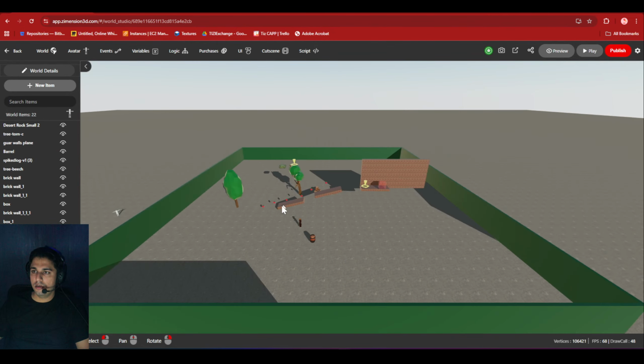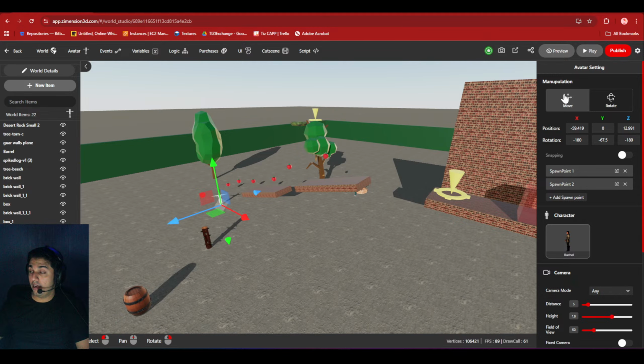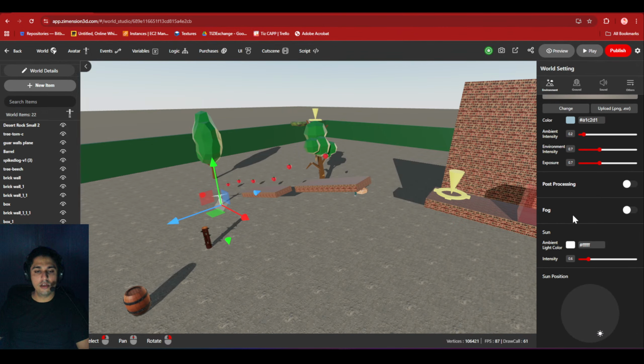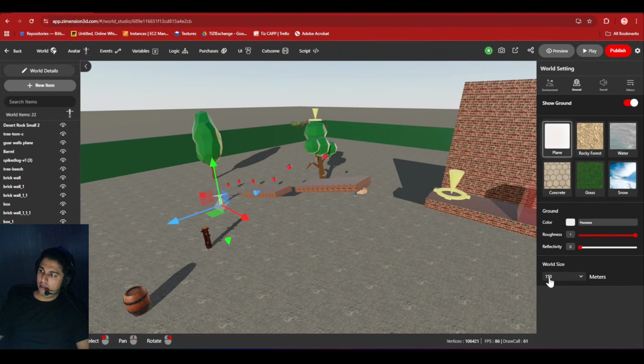So let me put the character back inside the walls. Okay. If you are a premium user, then what you can do is go to the world. If you really want to make a very open world game, maybe you are planning to beat GTA, you can go to the ground and you have a world size. Initially it's just 150 meters, but you can make it 500 meters, and then 1 kilometer and then 2 kilometers, not beyond that. I mean, it's just a browser anyways, right? But who knows? Maybe we'll have an infinite distance game someday in Dimension.